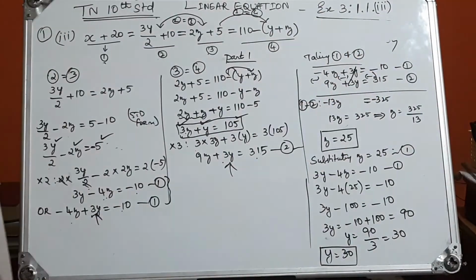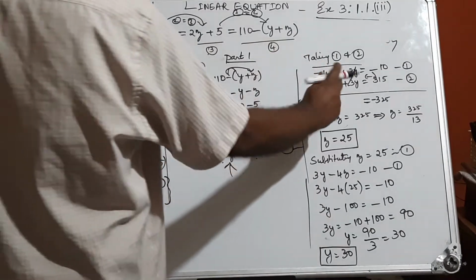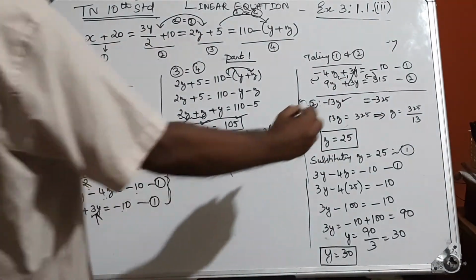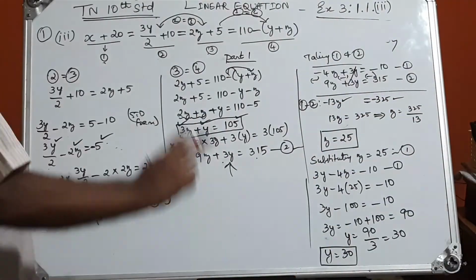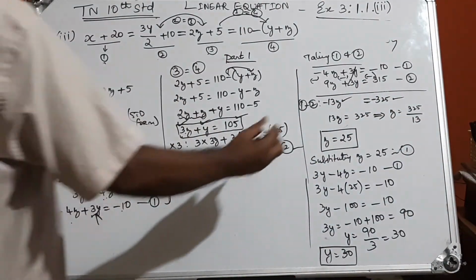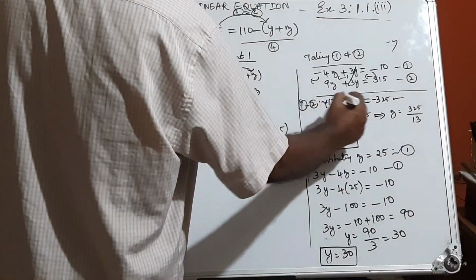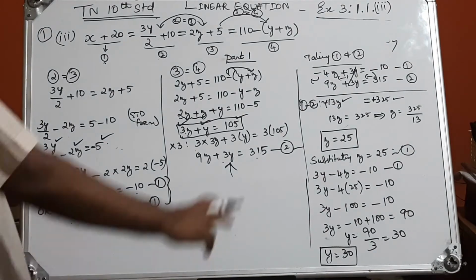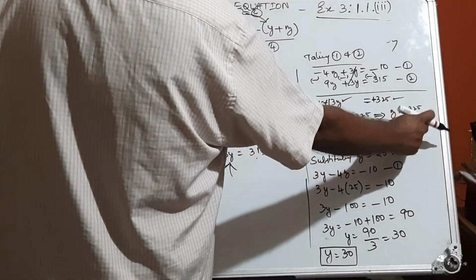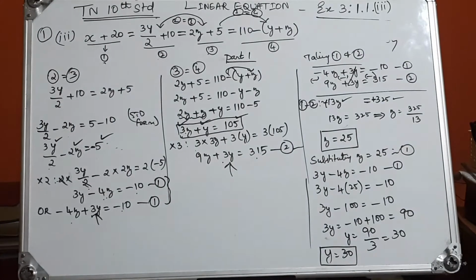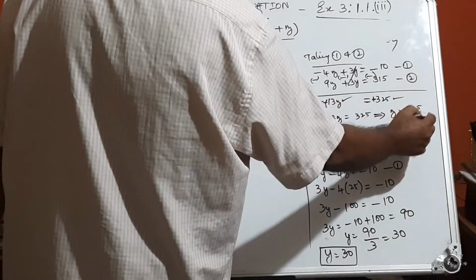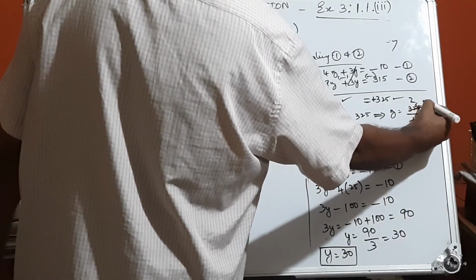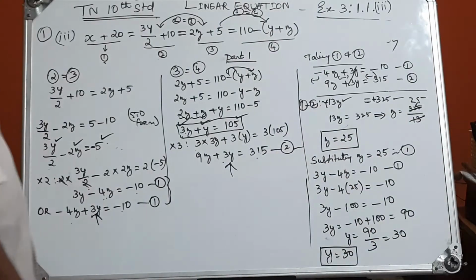So now this will get cancelled. So minus 4z minus 9z is minus 13z, and minus 10 minus 315 is actually minus 325. When minus comes on both sides, what will happen? The minus will become plus. Both will become plus. When minus comes on both sides. So 13z is 325, z equal to 325 by 13 and z is equal to 25. So you can cancel this 13. So in 32, 26 and balance what? 6. So it goes 25 times. So z equal to 25.